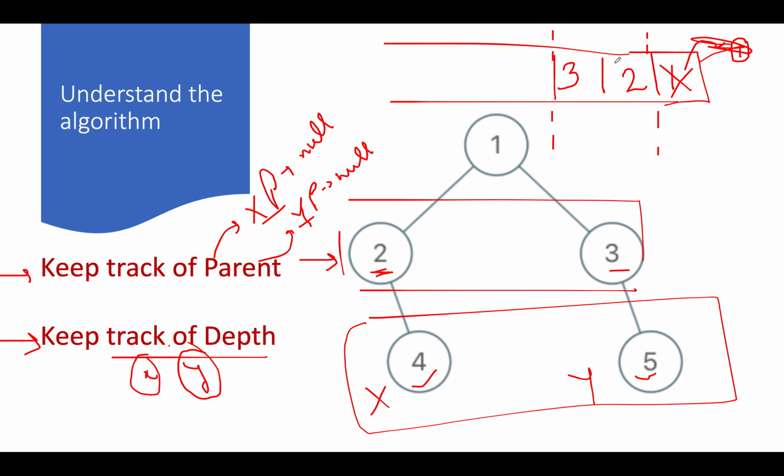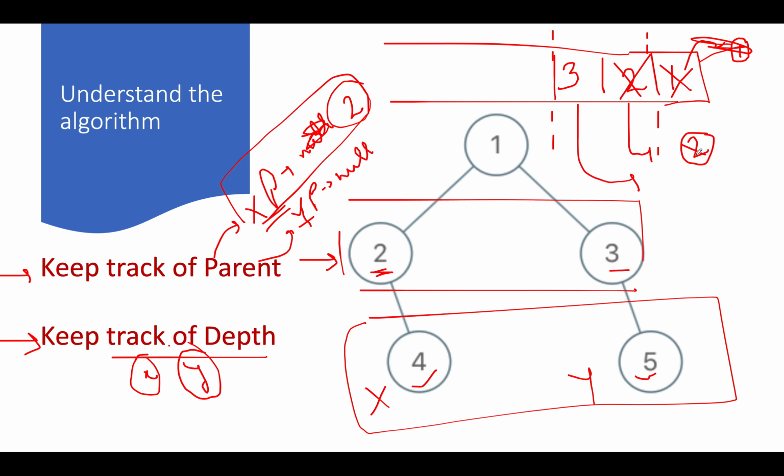We'll repeat the same thing. We'll pull out 2 from the queue. 2's left child is null, we'll skip it. 2's right child is 4. And what do you see? You see that 4 is equal to x. What you're going to do is set xp, x's parent, to be equal to 2. We will store the identity of the current node in xp, because we found in the right child of 2 we have 4. So we got the identity for xp. Now let's continue the process.